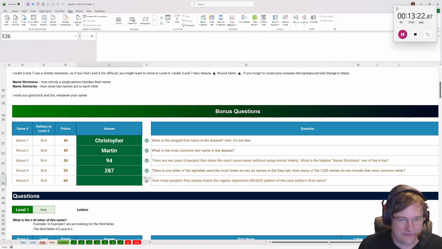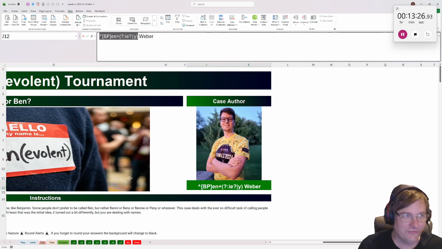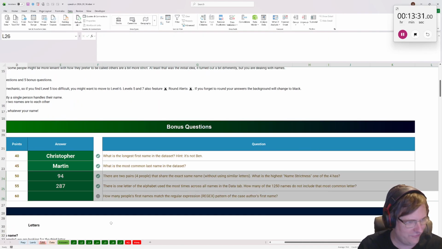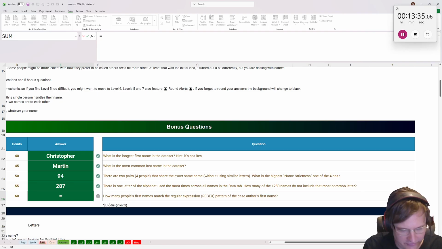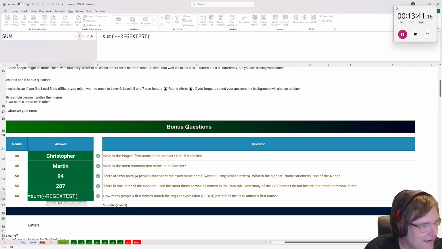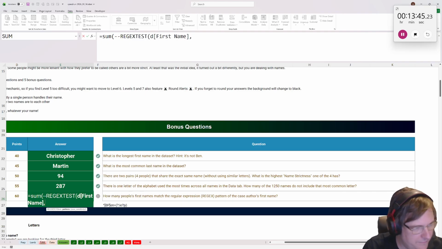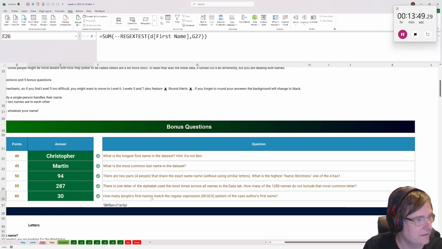How many people's names match this regex here? I've got to pull out just the first name, I assume is what he meant. I know it's right because I got points for it on the case. So it is the sum of negative regex test the first name with the pattern being right there, close, and